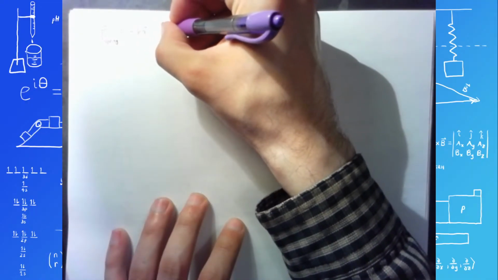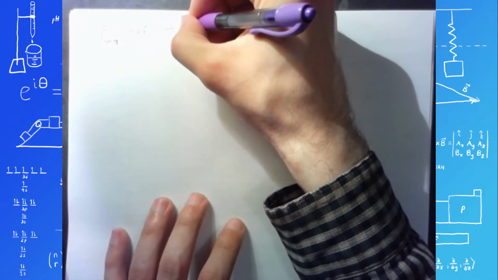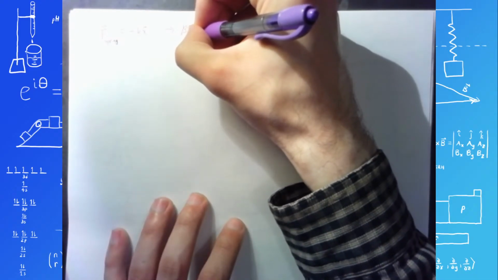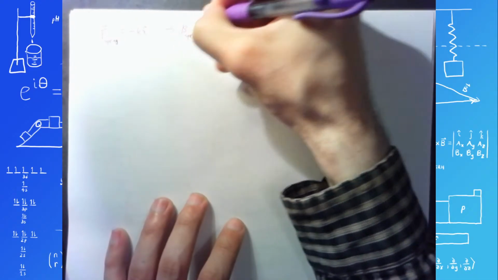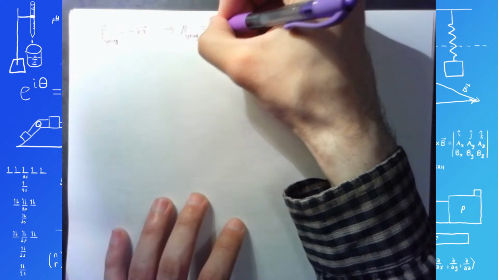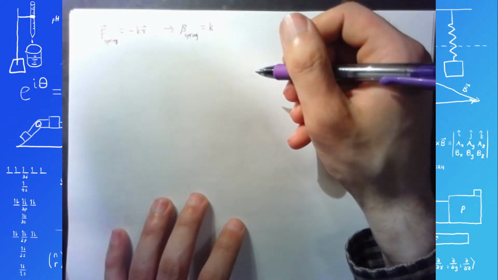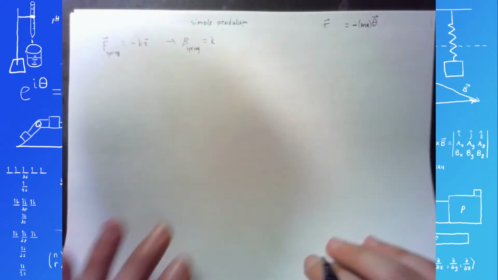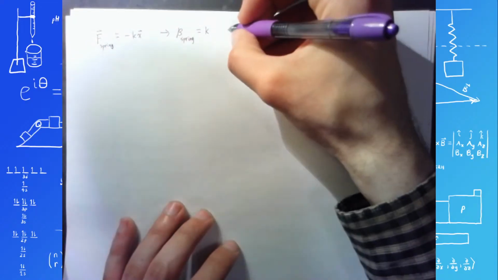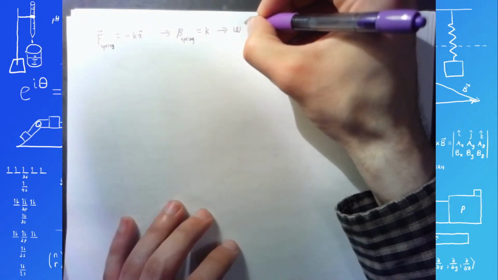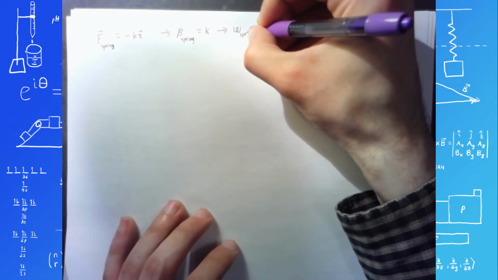So this tells us then that the beta for a spring equals k, which tells us then that omega for a spring,